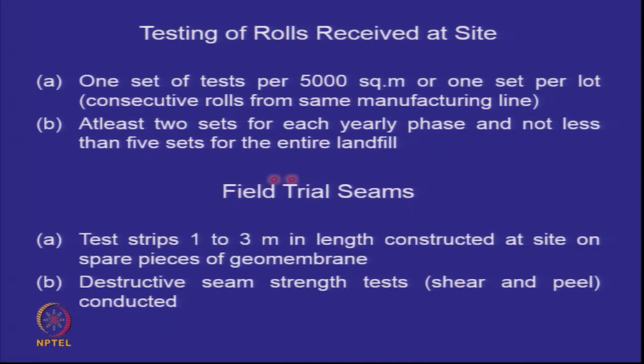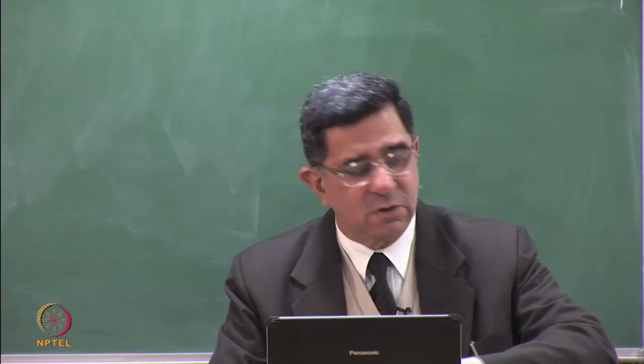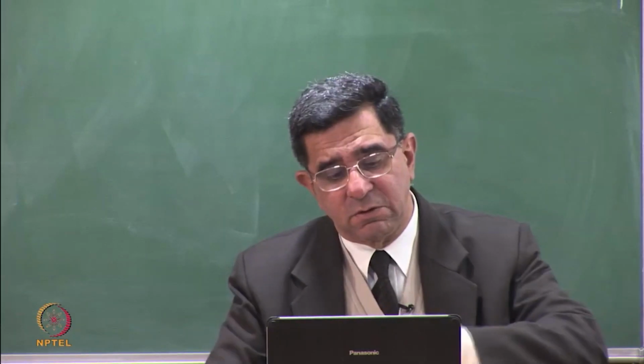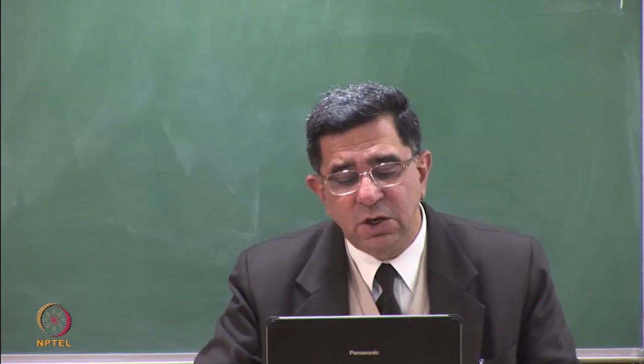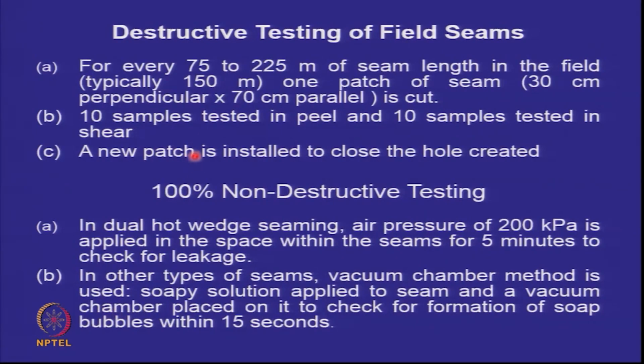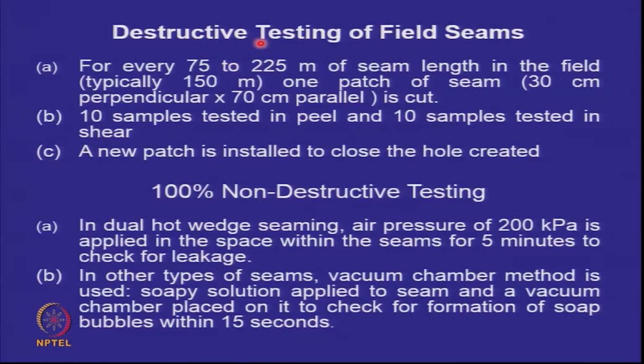Field trial seams: test strips of 1 to 3 meter in length. You will construct these seams or joints on some leftover, spare pieces of geomembrane, and then you will do the shear and peel tests. You will also do destructive testing of field seams. When you have installed the seam, you will cut out portions and do field testing, and